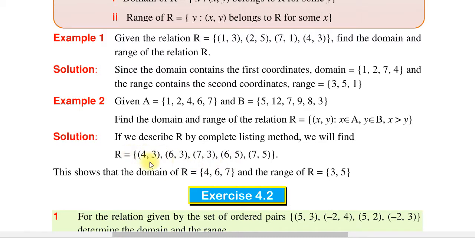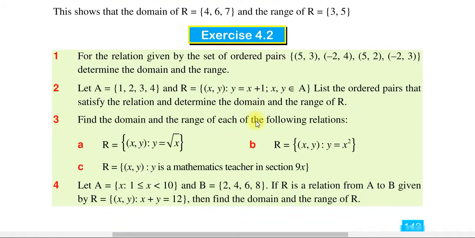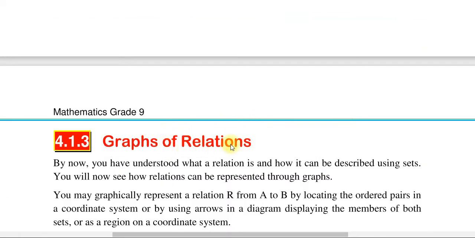ስለዚህ አሁን ይሄ እንዴት ነው የሚያመላክተው? x greater than y ነው። አሁን 4 greater than 3, 6 greater than 3, 7 greater than 3, 6 greater than 5 and 7 greater than 5 ነው። and ዶሜናችን ምን ይሆናል ማለት ነው? ዶሜናችን 4 6 7 ሬንጃችን ደግሞ ማን ነው? 3 and 5 ነች። 3 እዚህም 3 ነው ያለው እዚህም 3 ነው ያለው እዚህ 5 እዚህ 5 ስለዚህ 3 and 5 is the range for this example ማለት ነው።